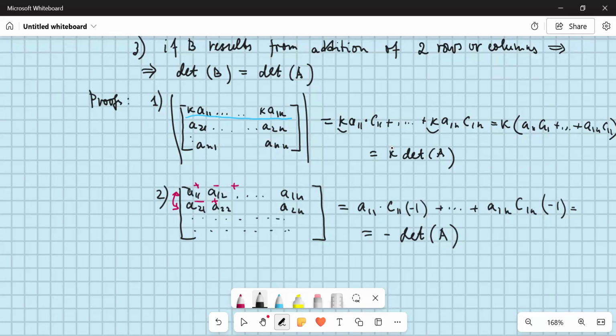Now, guys, it's not always necessary to exchange row number 1 and row number 2. What if you exchange row number 1 and row number 3? 1 and 3. Well, for row number 3, actually, the signs are going to be exactly the same, right? So we're not going to get this extra minus 1 in front of all elements, just because you place them in this third position, because the sign is the same: plus, minus, plus, minus. Right, guys. But when you go into minors now, for cofactors,